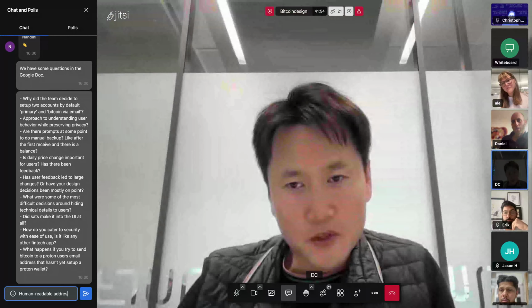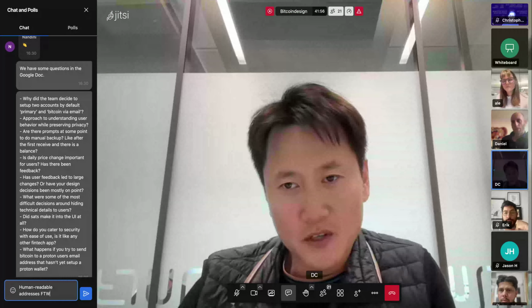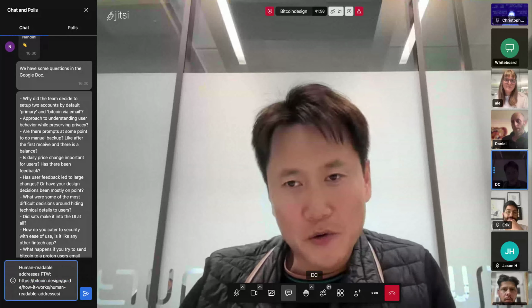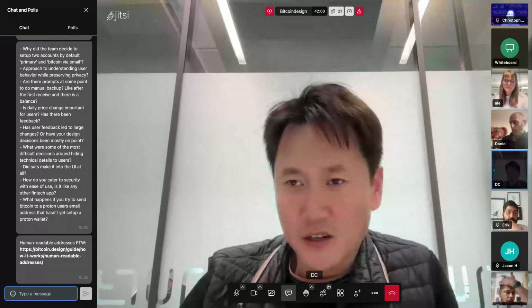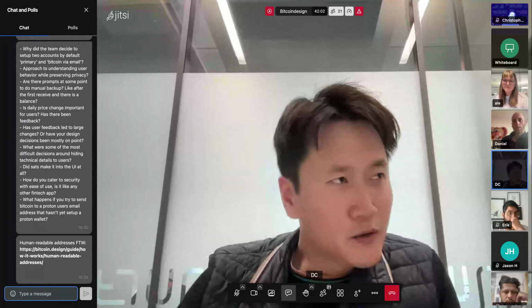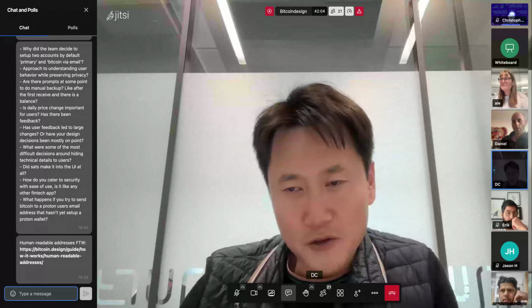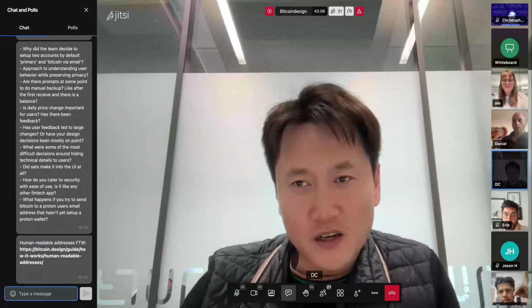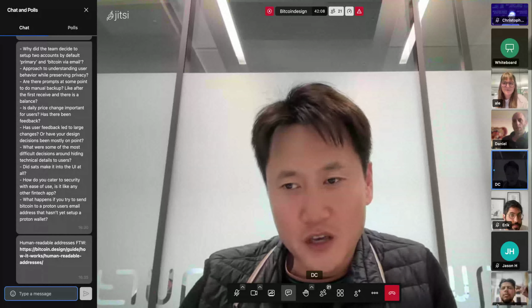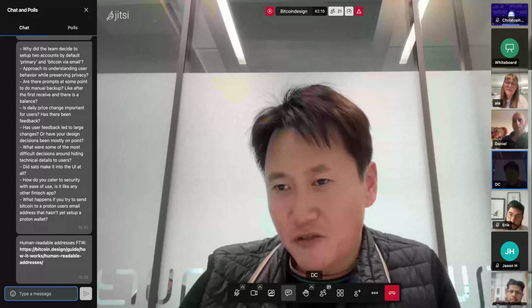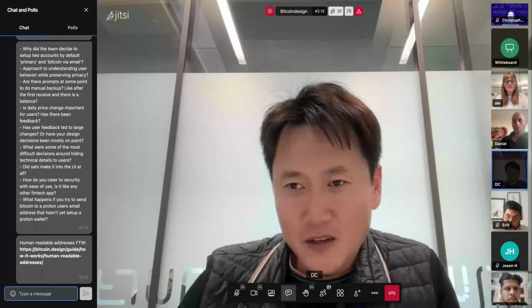We don't have people's public keys, xpubs. When you log into Proton Wallet on the web client, we generate a pool of addresses for you, assuming you set up Bitcoin via email, which by default we do on the first wallet.